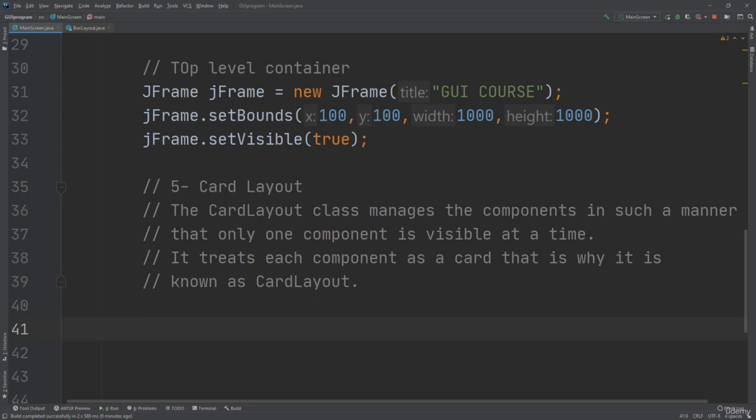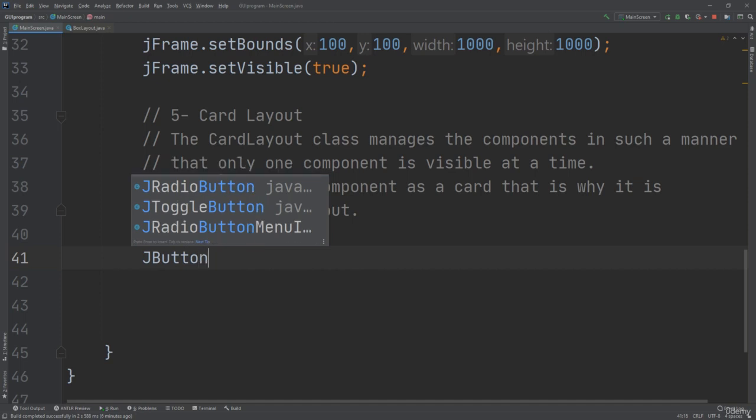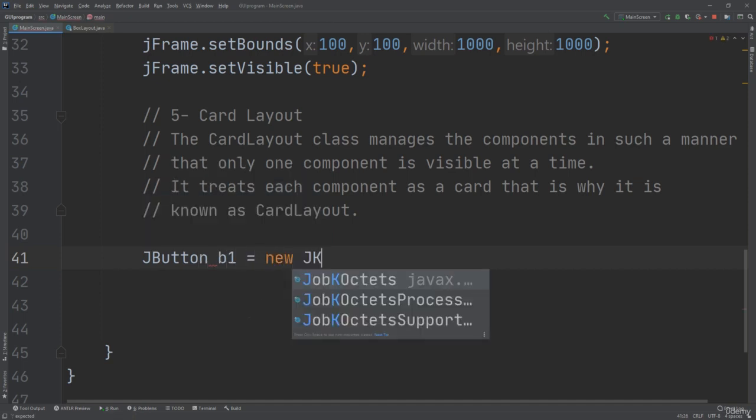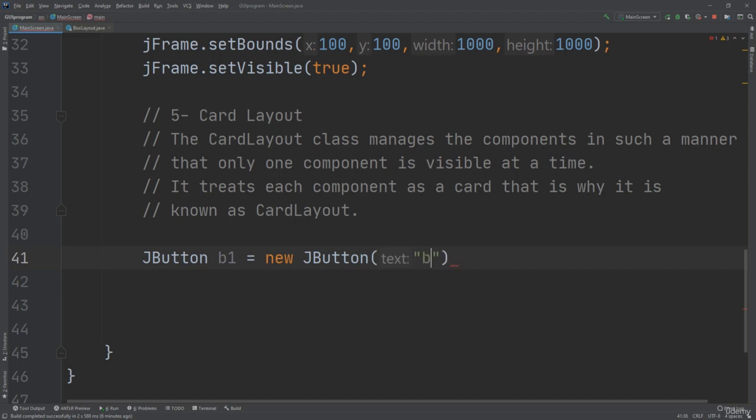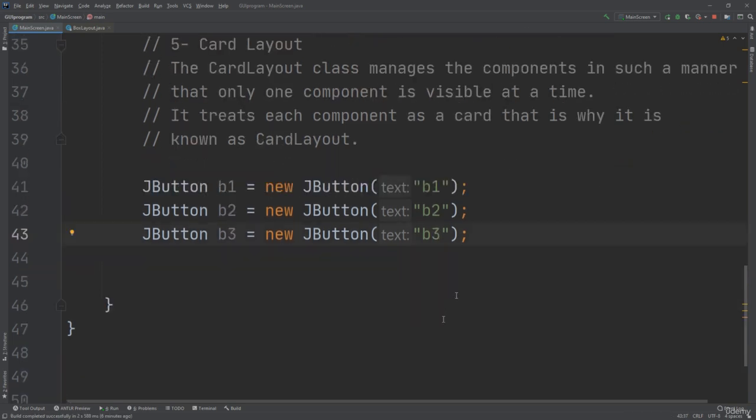So, card layout. I will create 3 JButtons. JButton b1 equals new JButton, b1. Copy 3 times, b2, b3. Okay. Now, I will specify